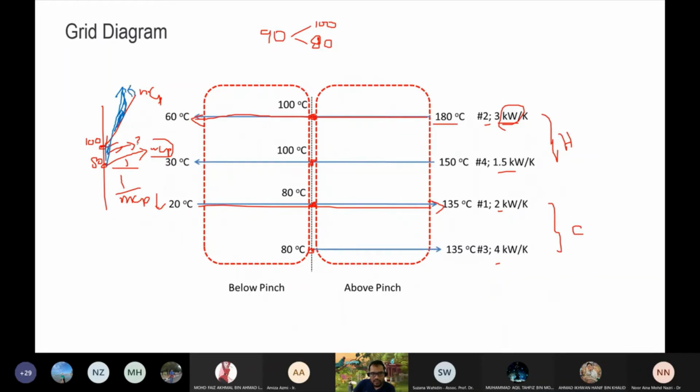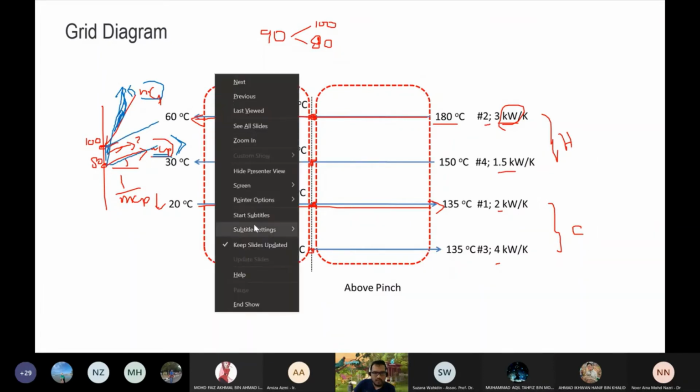If you want to design above the pinch, starting from the pinch point, we have to make sure that this MCP is bigger than this MCP. This MCP has to be bigger, because if it is big, the line becomes shallower than this guy. If the MCP is the same, that means they will have the same slope basically. So the same goes with the